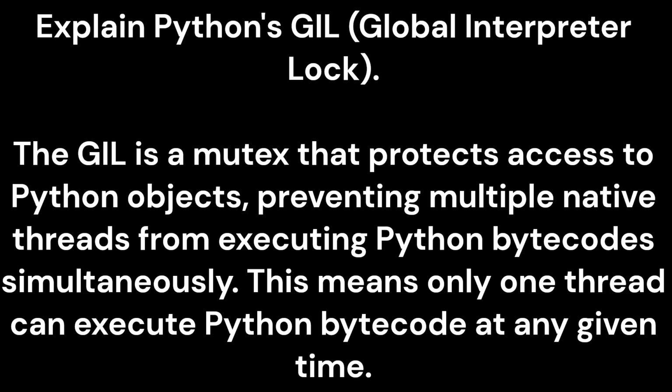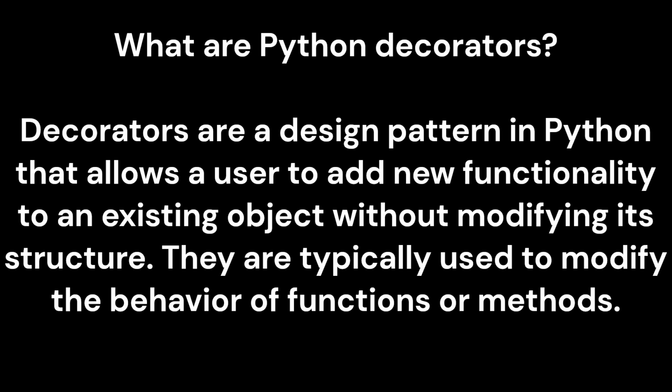The GIL is a mutex that protects access to Python objects, preventing multiple native threads from executing Python bytecodes simultaneously. This means only one thread can execute Python bytecode at any given time. What are Python decorators? Decorators are a design pattern in Python that allows a user to add new functionality to